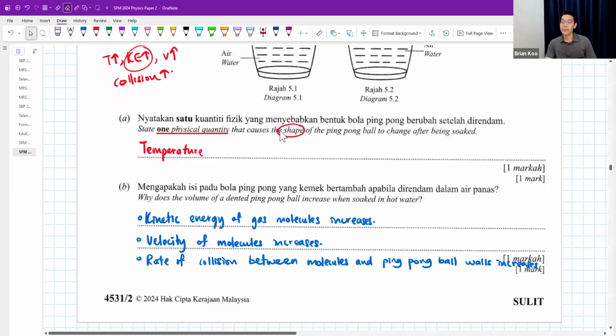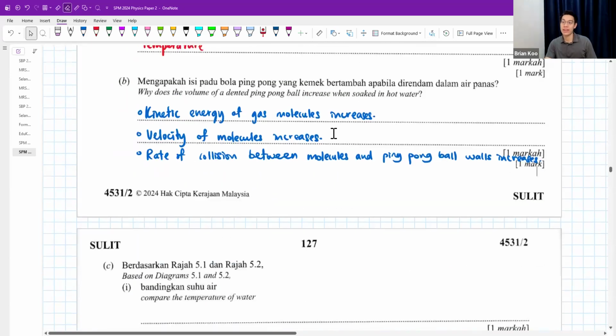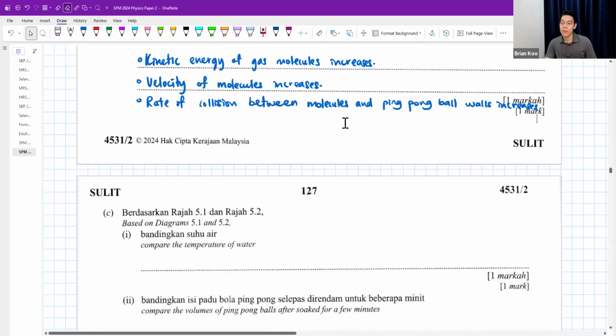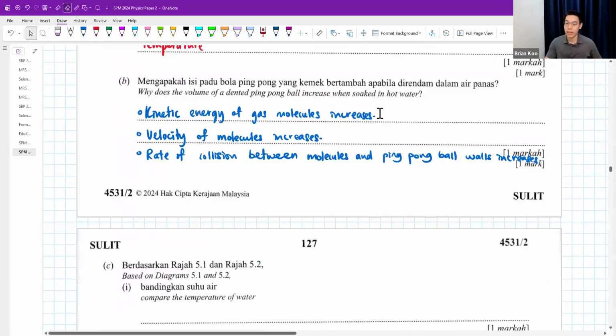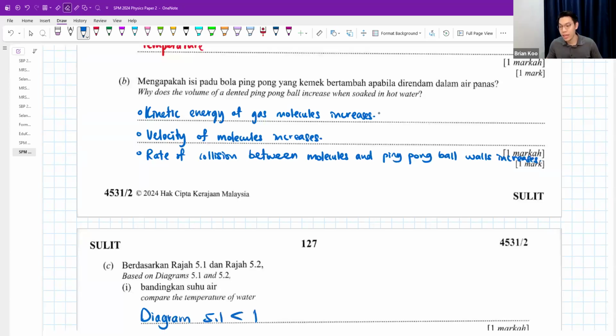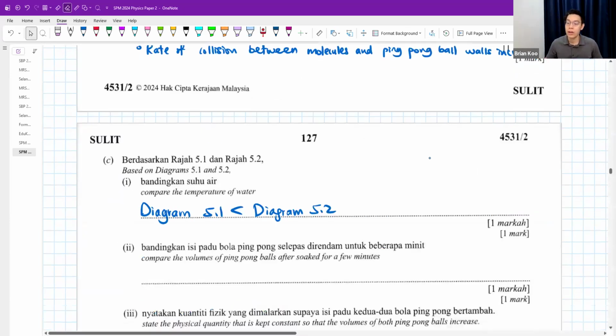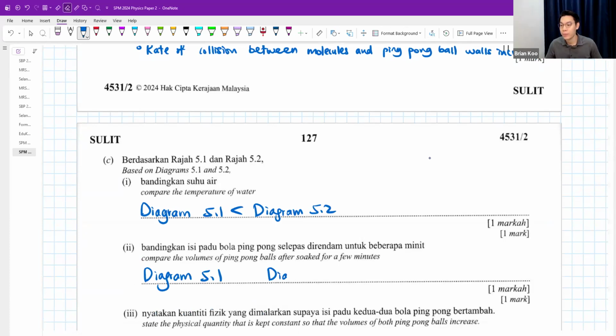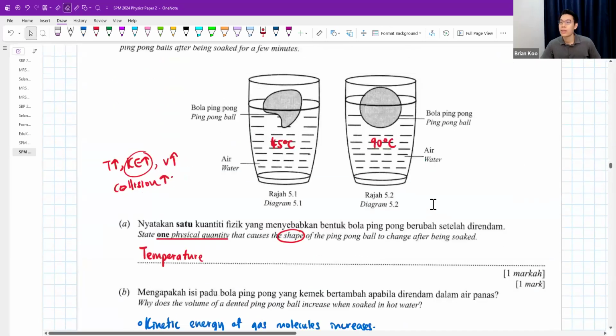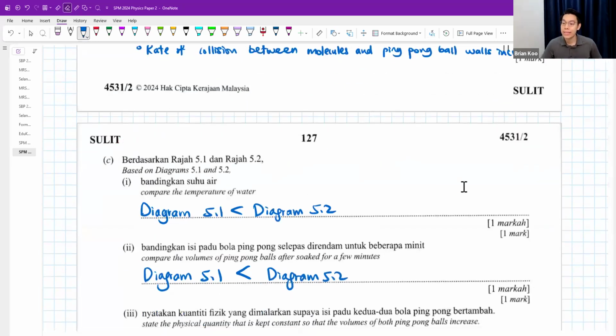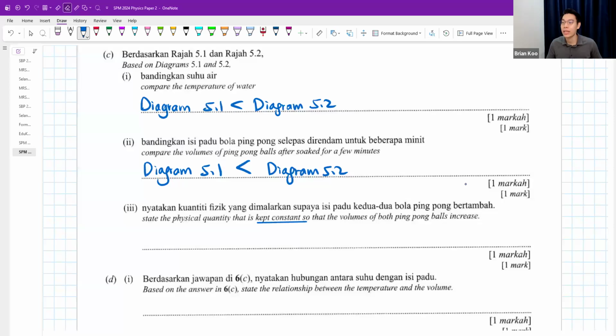Okay, that's why the volume will increase. So you can talk about either one. But see, compare the temperature of water, 45 and 90. Diagram 5.1 is smaller than diagram 5.2. And then compare the volumes of the ping pong ball after being soaked for a few minutes. Diagram 5.1 is smaller in volume than 5.2. Yeah, 5.2 looks bigger. State the physical quantity that is kept constant so that the volumes of the ping pong